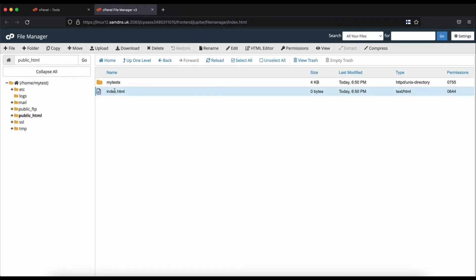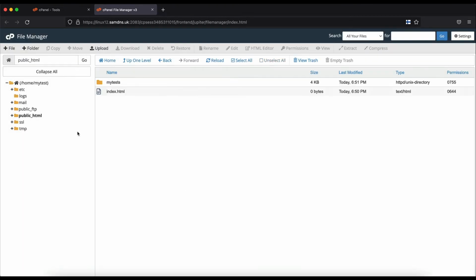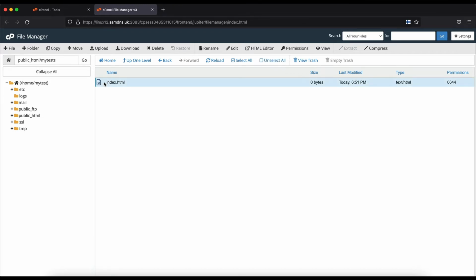Or when you select the file, you can download it or move or copy. Copy, I click the copy, for example /my tests, copy file, and you can see the index.html file in the my tests folder. Okay,